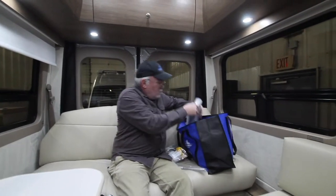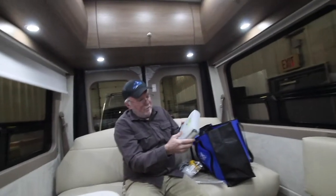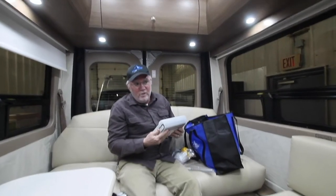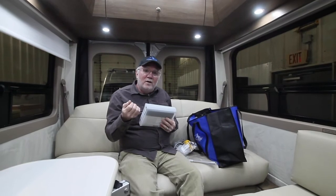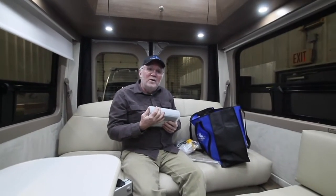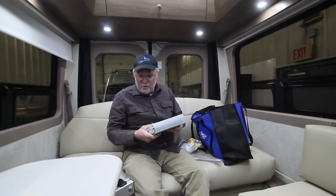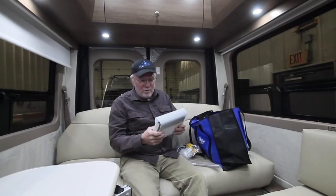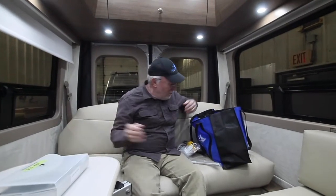You have the full Mercedes book set for the Sprinter chassis. I'm not going to take time today going over the dashboard. There's all kinds of great features. This has the adaptive cruise control. It has blind spot monitoring, collision avoidance, active brake assist, lane keeping, all voice activated touch screen for your navigation. It's a really sophisticated chassis. But again, today we're just doing the Pleasure Way components, but you do have a book here with all the